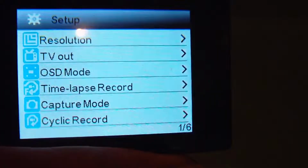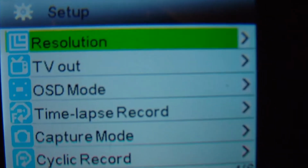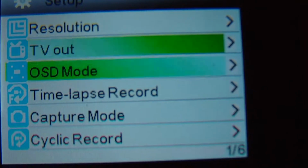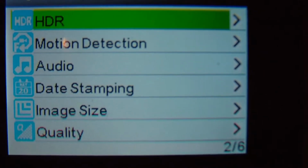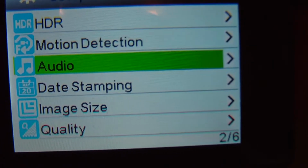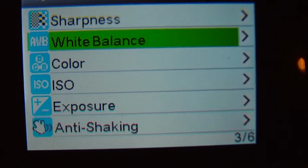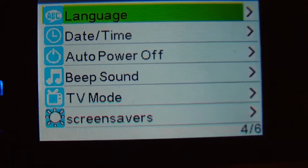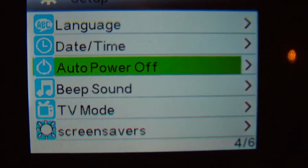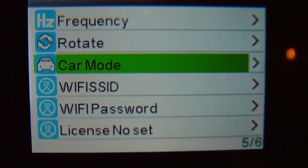And the camera is now set for 720p, and you can adjust the resolution as you want. The TV output, OSD mode, time-lapse recording, capture mode and cycling recording, HDR, motion detection, change the audio, set up the dates, the image size as well, the quality, the sharpness, the white balance, the color, the ISO, the exposure, and anti-shake, language, date and time, auto power off, the beep, the TV and the screensaver, the frequency, rotate, the car mode,